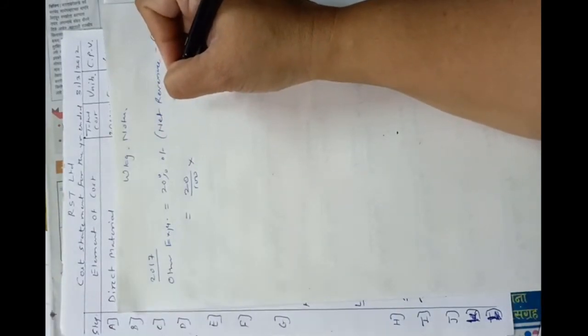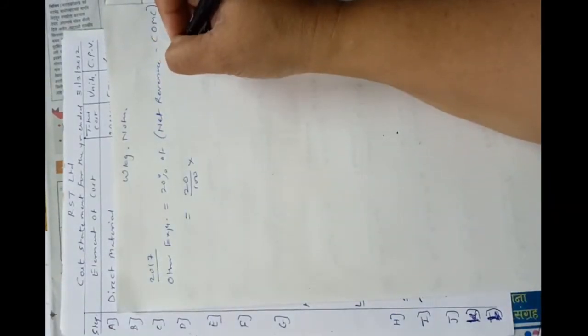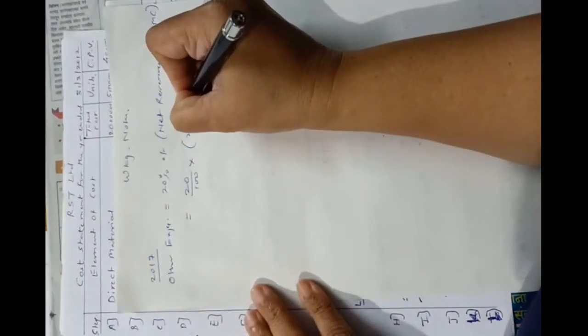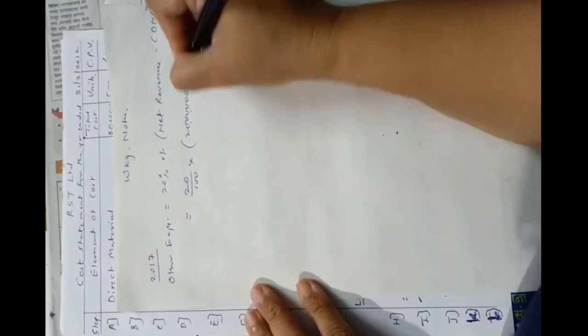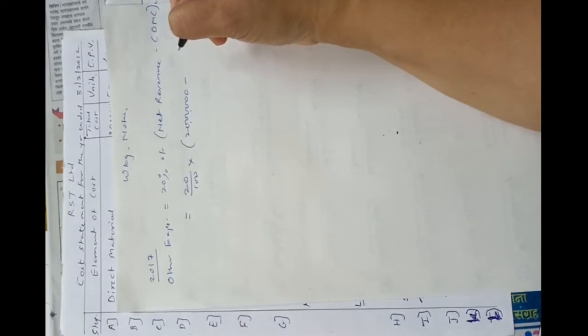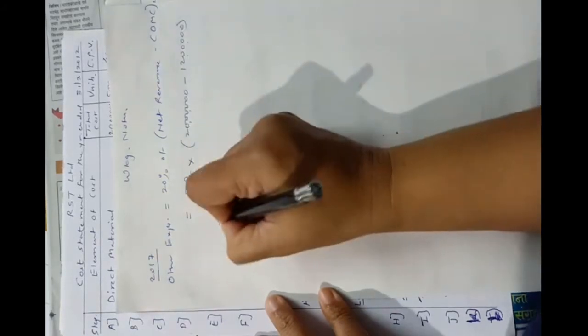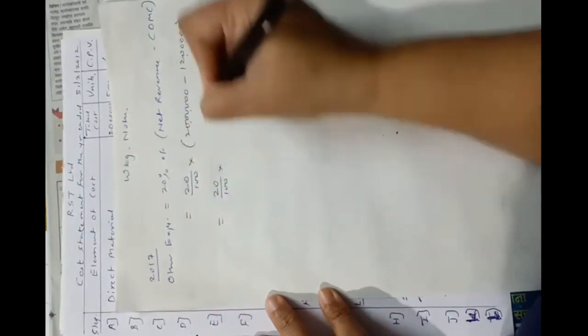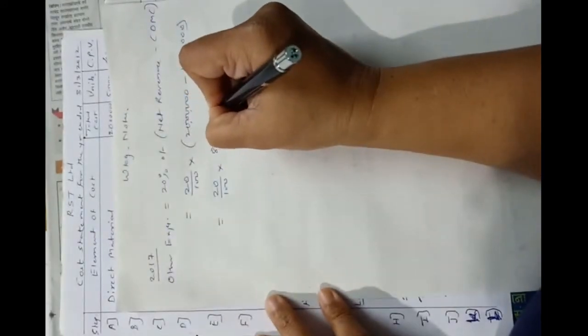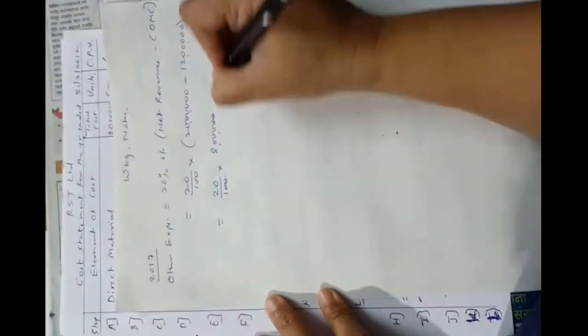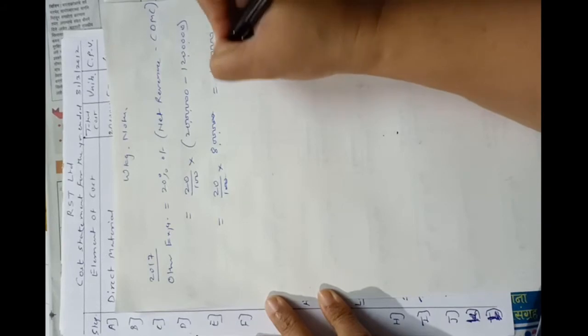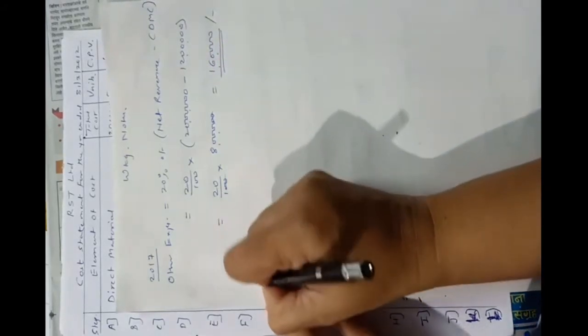Okay, so 20% into net revenue from operations is 20 lakhs minus cost of material consumed for 2017 is 12 lakhs. So 20% into 8 lakhs, these zeros will be cancelled, and 8,000 into 20, that is 1,60,000. Okay, now for 2018,